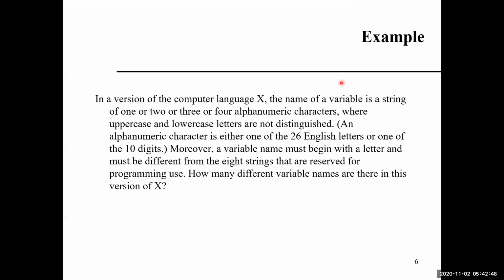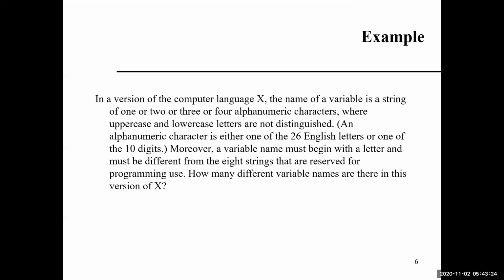In version X of a computer language, the name of a variable is a string of 1 or 2 or 3 or 4 alphanumeric characters. This means the variable name can be 1 character long, or at the max 4 characters long, where uppercase and lowercase letters are not distinguished. So it is case insensitive. Moreover, a variable name must begin with a letter and must be different from 8 strings that are reserved for programming use. How many different variable names are there in this